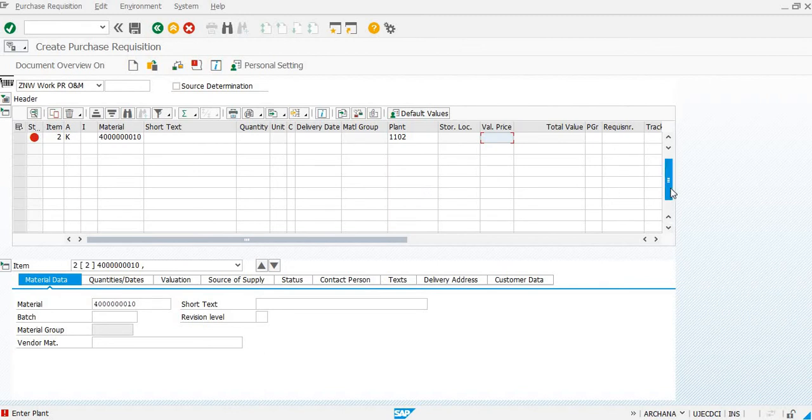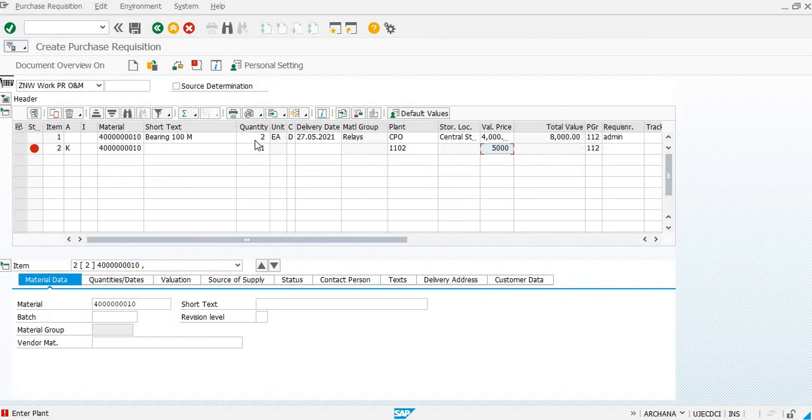Since the material in this case will be consumed at the cost center, we can see that the field of storage location is gray. Quantity, purchase group, valuation price. In this column we need to enter the price per unit, and automatically the total amount will be calculated and reflected in the column total value.